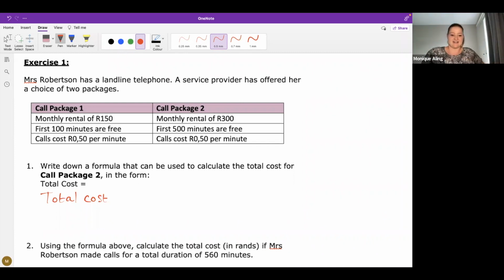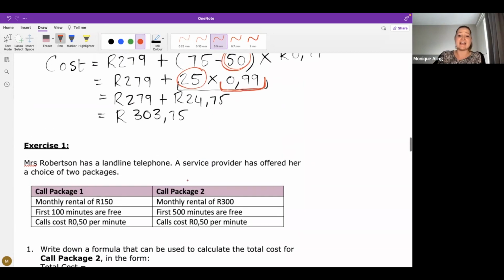Well done. Nice job, Sisanda. And Ayabonga also got it on the chat as well. So well done, you guys. Nicely done. Well done, you two. Okay, so guys, using the general formula I gave you up here,